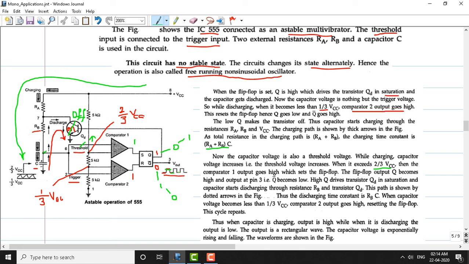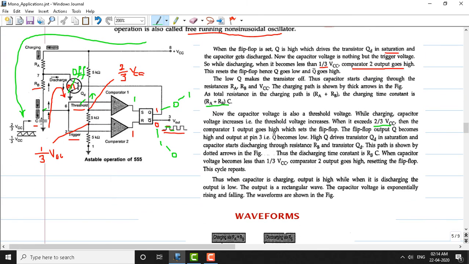Now this same cycle keeps repeating here. Okay, this capacitor charges, discharges, charges, discharges. As long as the pulse stays at a high level, the capacitor keeps charging. When the pulse goes to low level, the capacitor keeps discharging. So this cycle keeps repeating, and at the output we are able to get the square waveform here. Okay, so when the capacitor is charging, the output is going to be high. When it is discharging, the output is going to be low. So this charging and discharging produces a rectangular waveform at the output. However, by adjusting the resistances RA and RB, we can even generate a square waveform also.